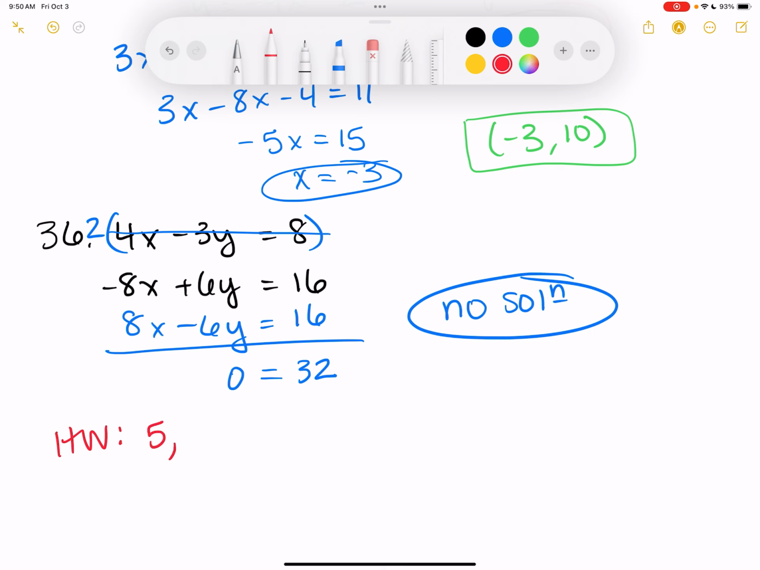All right, problems 5, 9, 17, 21, 29, 31, and 35. So the last 3, you can choose your method. Now, it says any algebraic method, so that means not graphing. But you can choose your method on those ones. So solve